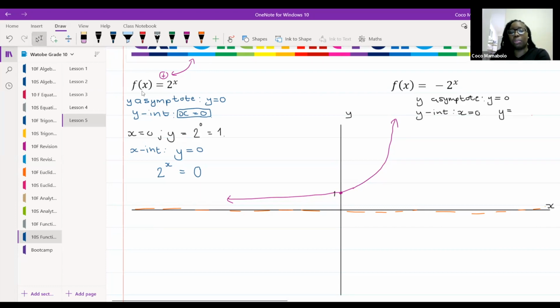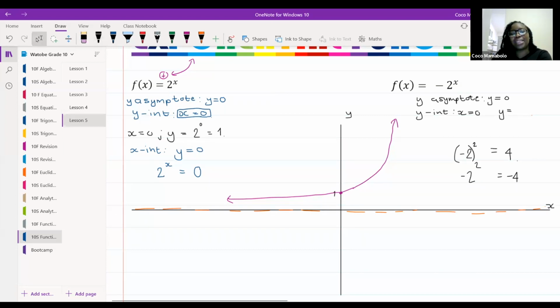Oh, yes, it's not going to be 1. It's not going to be 1, guys. Be very careful. That's it, Courtney. It's going to be -1. And for those of you who are like, -1, how? Here's how. There is a distinct difference between 2 to the power of 2 or -2 all to the power of 2, and -2 to the power of 2. This answer over here will be +4, and this one will be 2 to the power of 2, which is 4 with a negative in front.